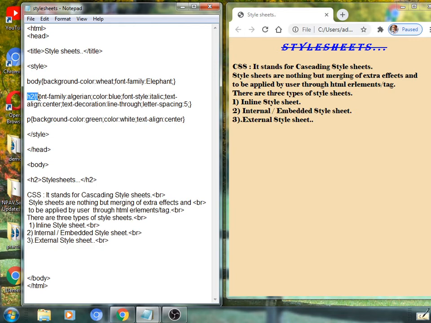Selector number 2, H2 with the properties font hyphen family, color, font style, text alignment, text decoration and letter spacing. Selector number 3, paragraph, that is P, with the properties background color, text color and text alignment also. We will apply this selector P here. See here, selector P should be applied